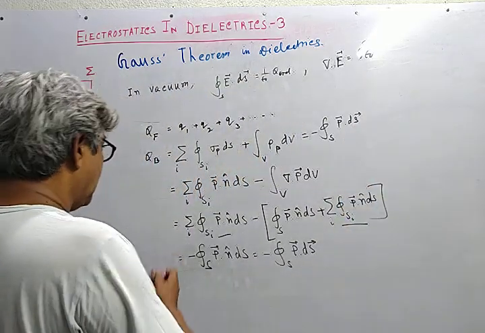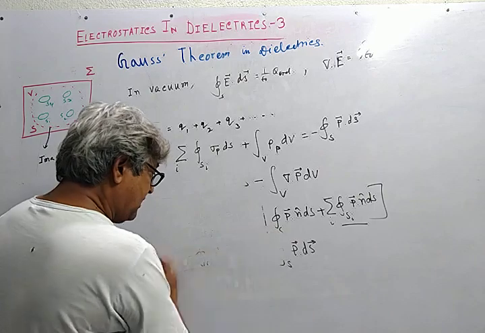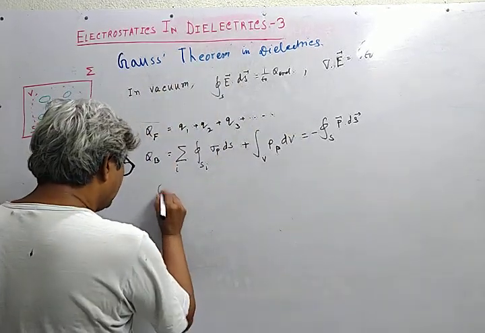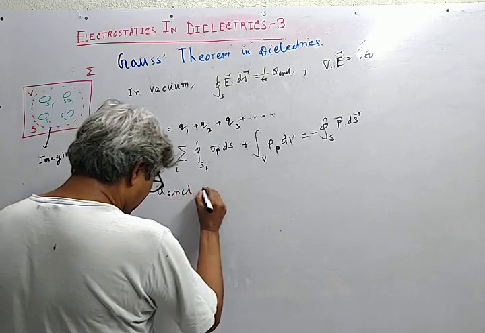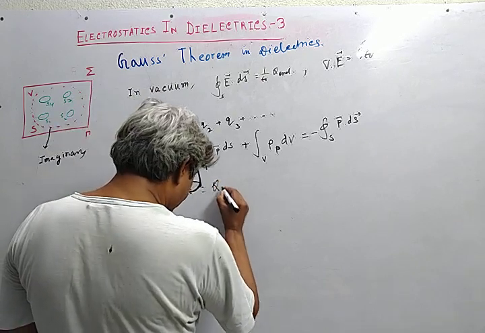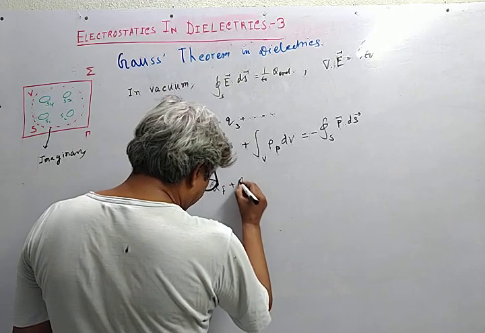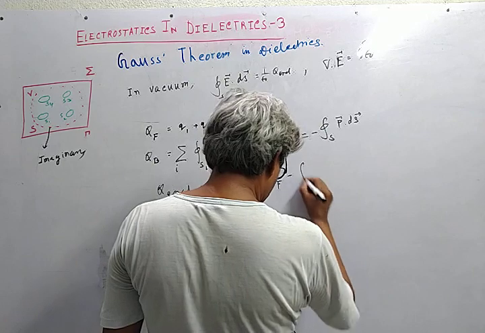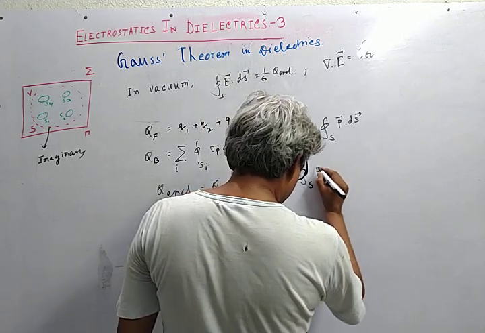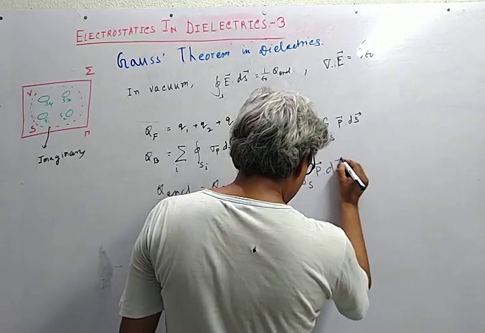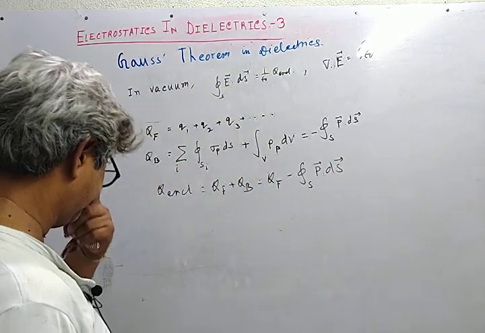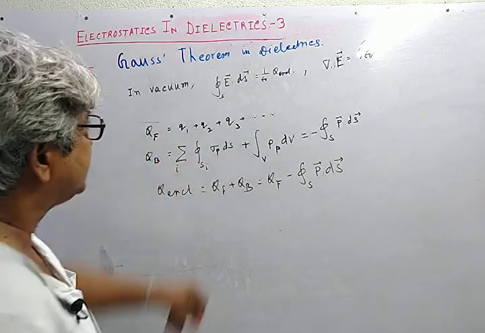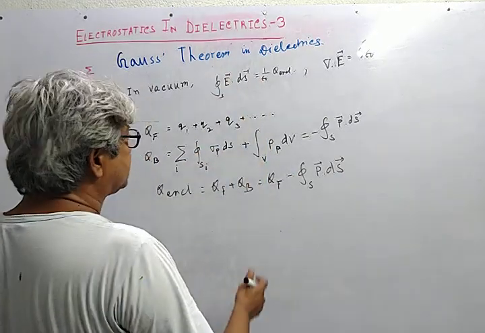So the total charge within the surface S, Q enclosed by the surface, is QF plus QB. So QF, when we write this in Gauss's theorem and this epsilon 0 is multiplied to this, we get